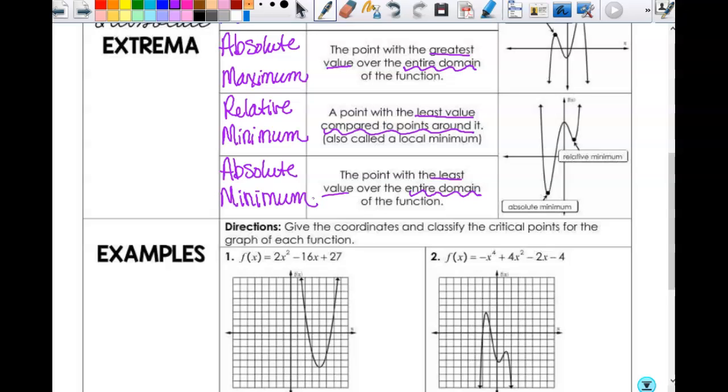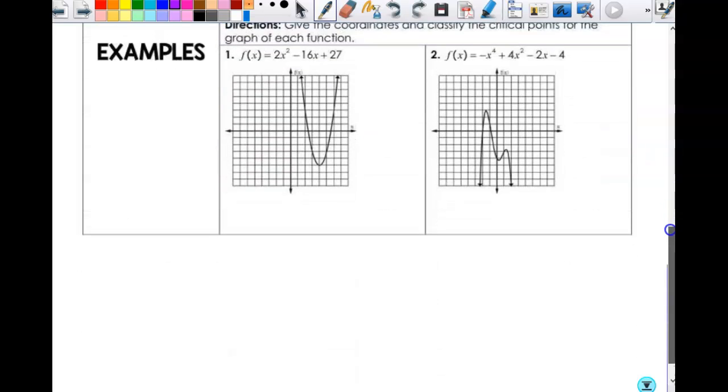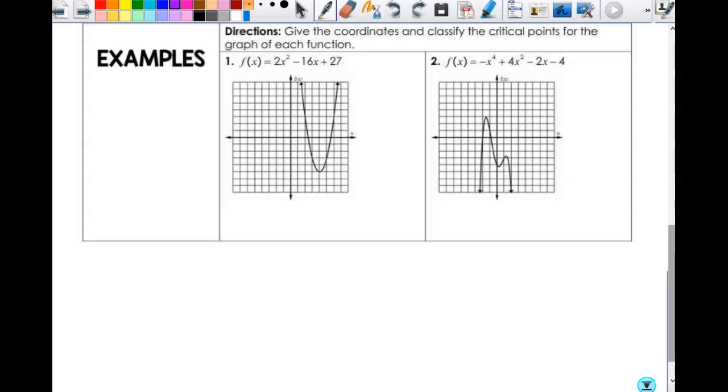We're not going to do this algebraically right now. So here it says give the coordinates and classify the critical points for the graph of the function. So when I look at number 1,